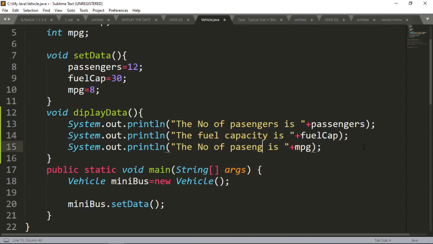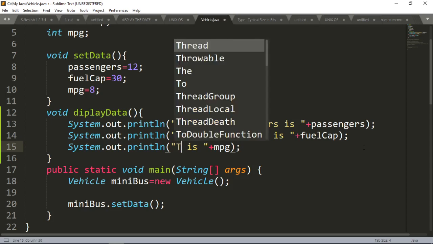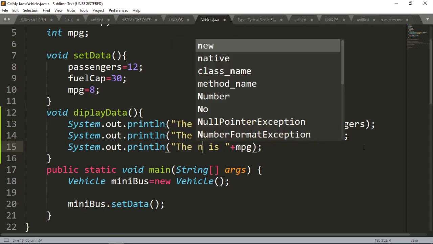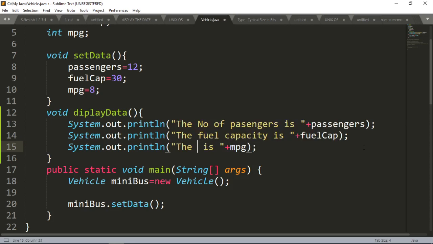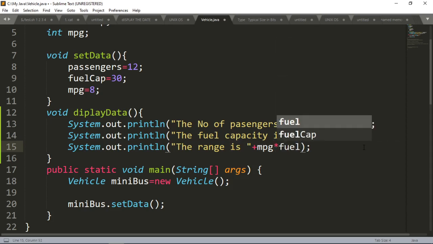Here you can write miles per gallon, or you can say the range. The range means how far it can go. If the fuel capacity is this much and the miles per gallon is this much, how far can it go? The range is, you can write it this way, mpg into fuel cap. If we multiply both, we get the range.